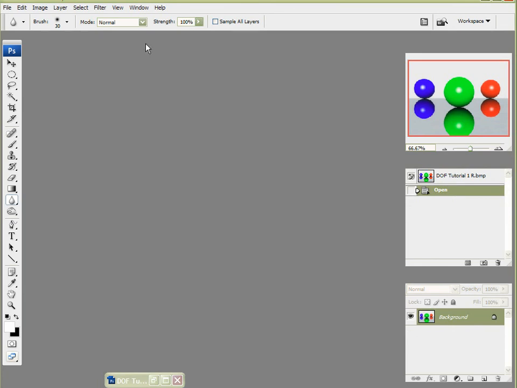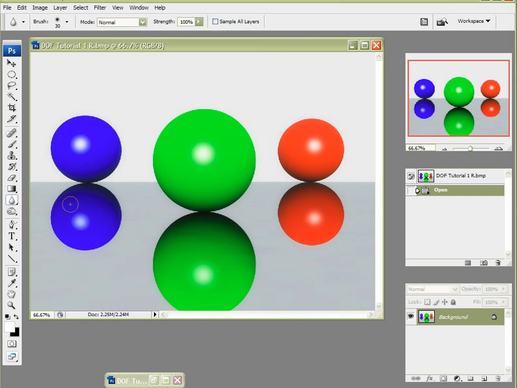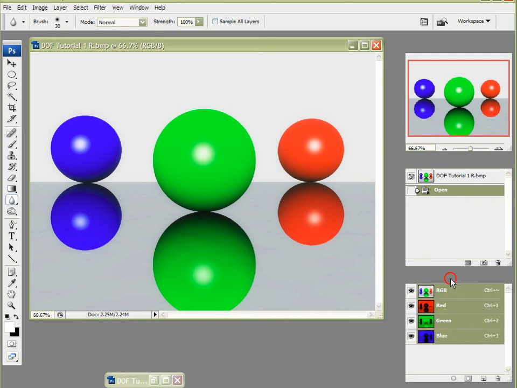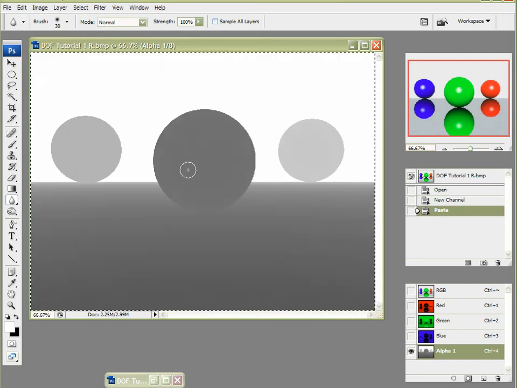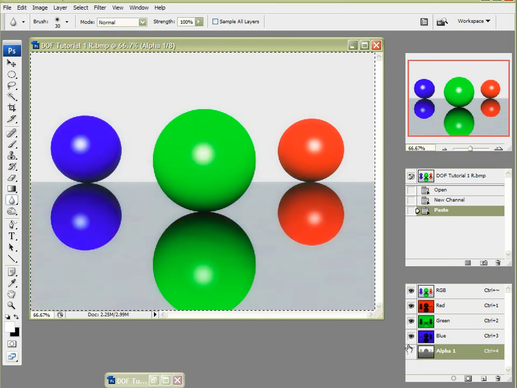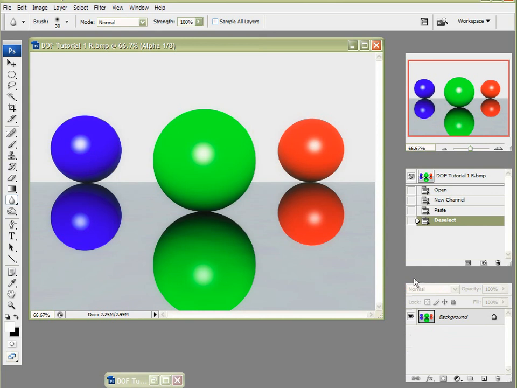Now this is the same image, except that the floor surface has a reflective setting on it. And I'll show you where this tool falls short. So I'm going to come over here to channels in my color window, create a new channel, alpha 1. Since the Z image is already in memory, I'm just going to paste it in there, and that's what we want. Re-enable my color, turn off my alpha, Control D to deselect that, come back up to my layers tab,